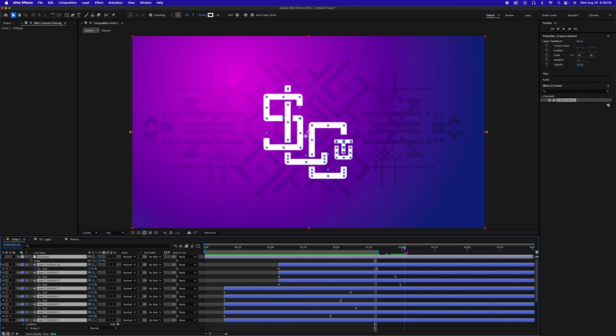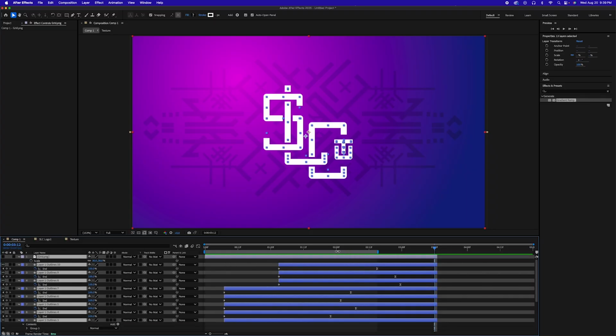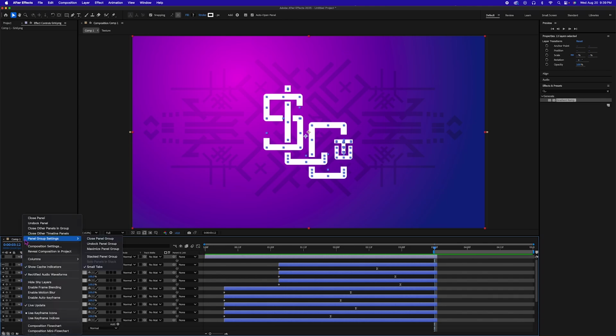Let's go to the end of the animation, which is about 3 seconds. Let's hit Option, close bracket. That way it's going to trim all the layers down to the playhead. Let's click and drag our work area and move it out here. Now 5 seconds is a little short, so let's go back to this